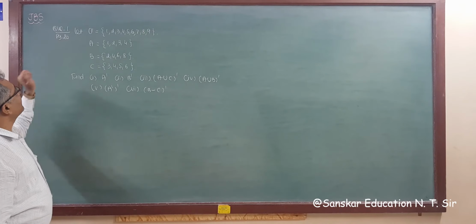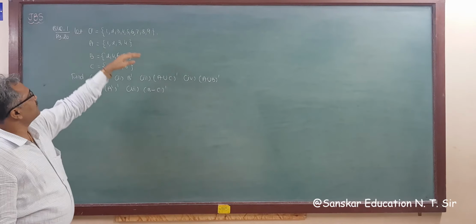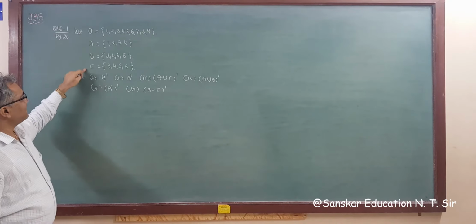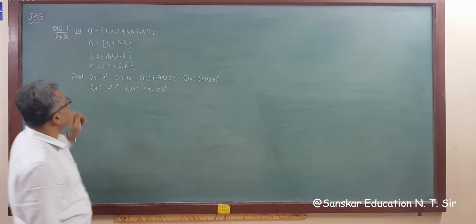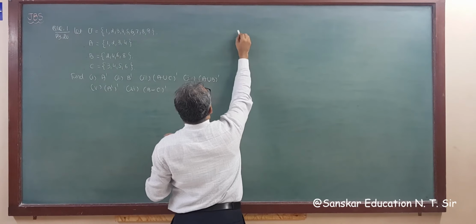Next question is question number 1 on page 20. Given that U is equal to the set {1, 2, 3, 4, 5, 6, 7, 8, 9}, and sets A, B and C are given, we have to find out these values. So first, A dash. For the solution,